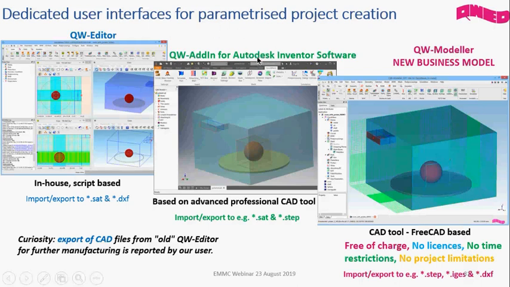I have already mentioned the Autodesk Inventor software as an industrial interface, so the users who have the software can just use the QWED plug-in and launch electromagnetic simulation from exactly the same user interface which they may have previously used for mechanical or thermal design. We also have our own editor, which uses